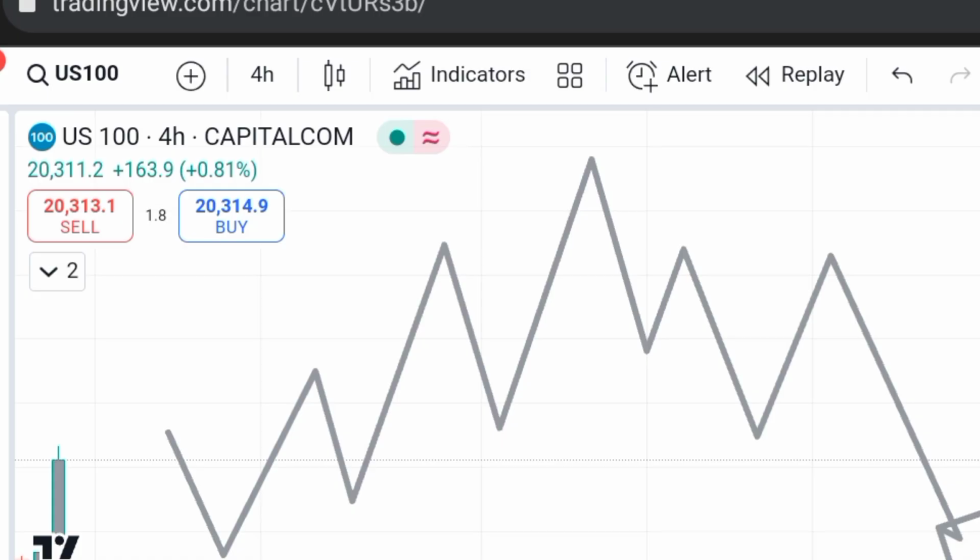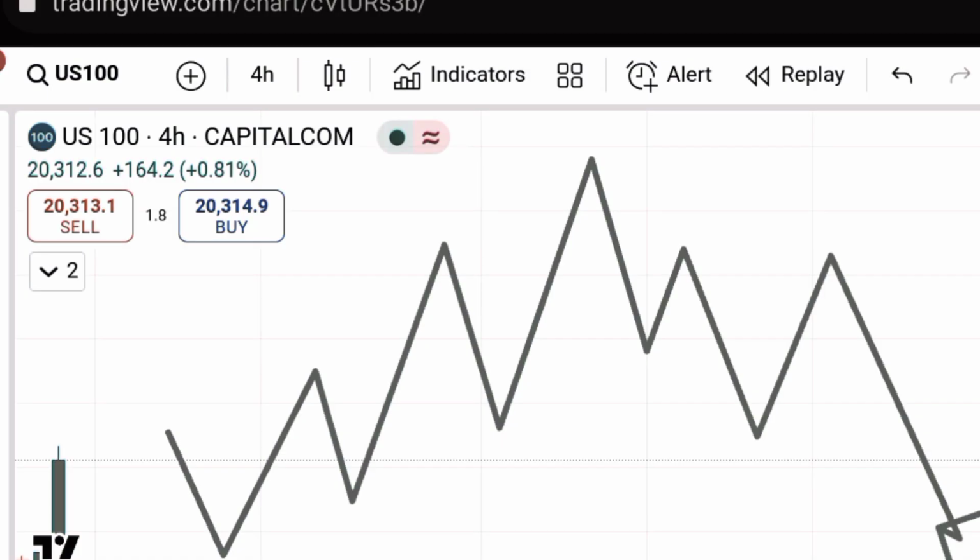So let's get to the chart. Right here, I'm using US 100, US tick. That's how most people call it. So I'm on my H4 using US tick. So this is the first pattern we are going to be looking at in the market. This is the first structure we are going to be looking at today, and the second one will come later. So this very structure,